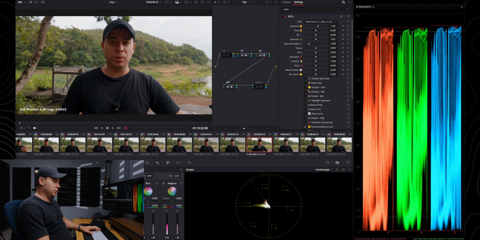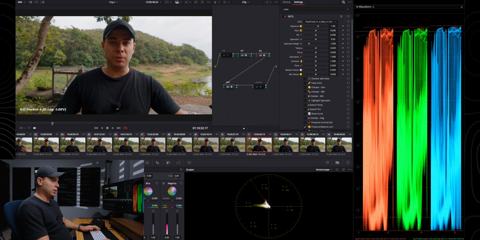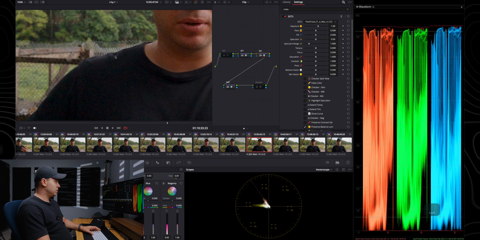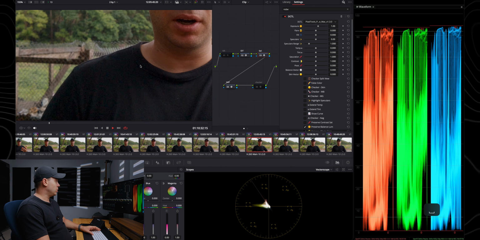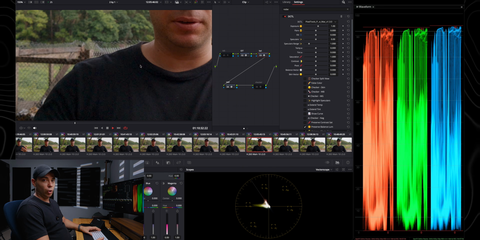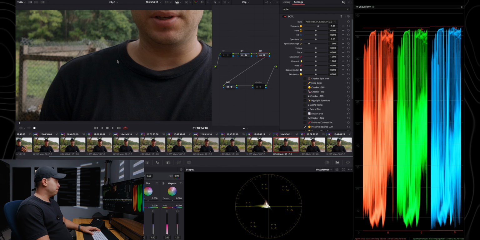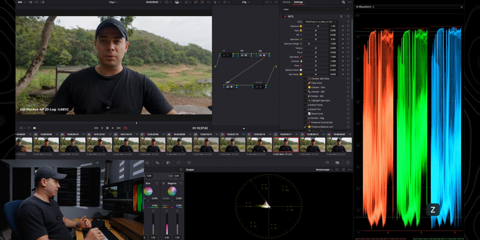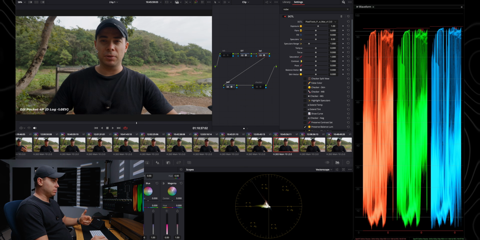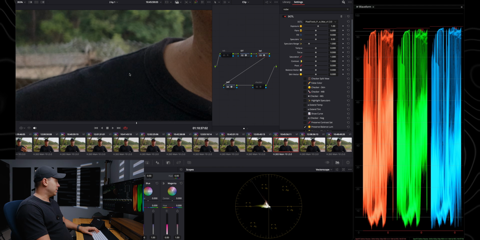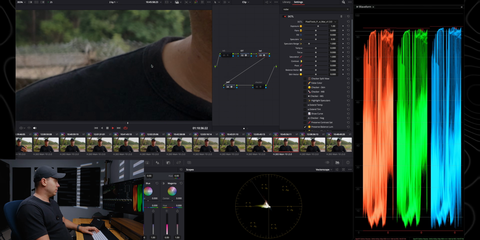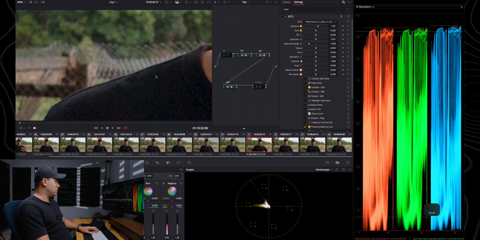All right, now let's take a look at the shots that I underexposed by a stop and then 2 stops. First of all, this is the Pocket 4. If I play this clip back, as you can see, there is definitely lots of noise in the shadows. So I'll need to apply noise reduction to make it look normal, if you will. Whereas with the Pocket 4P, the image looks really clean. This is the same exposure method, underexposing both cameras by a stop, but there is clearly a difference in noise. The Pocket 4P looks really clean, whereas the Pocket 4